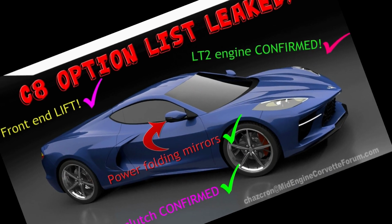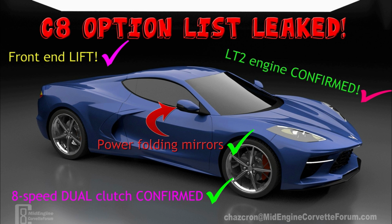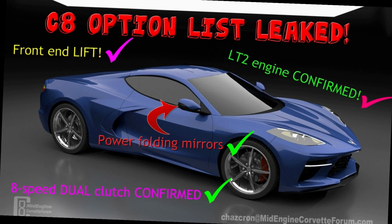So for those of you who didn't see my previous video about the leak of options for the C8 Corvette, go ahead and check that out. I'll link it up at the top right of this video. But ultimately, what we're going to discuss today is 5 of those options that are really going to put this